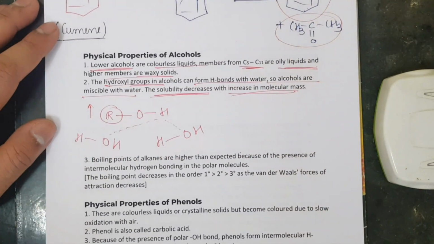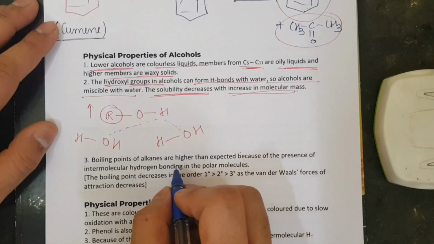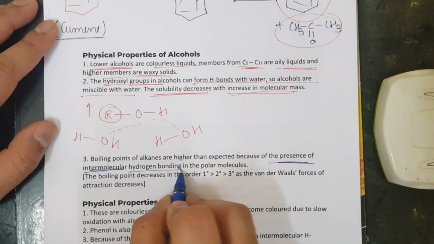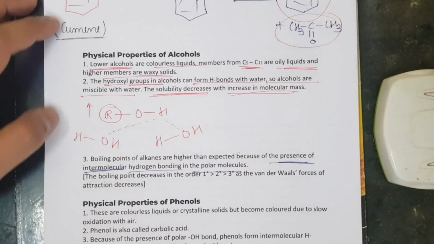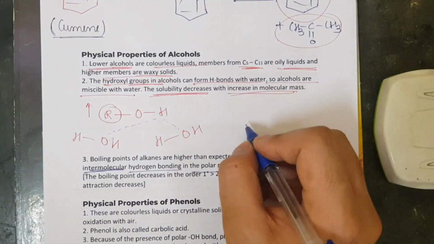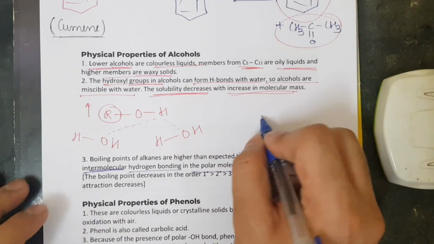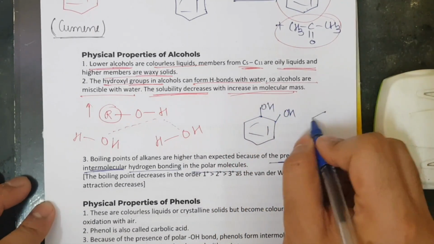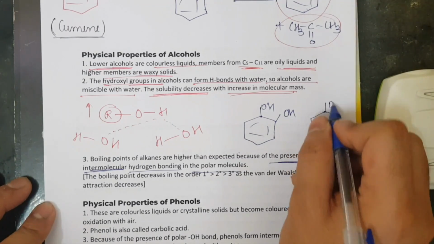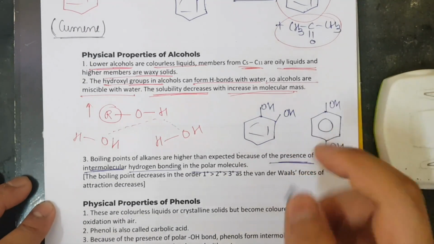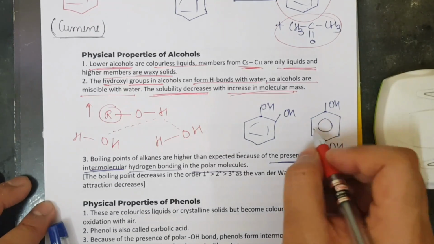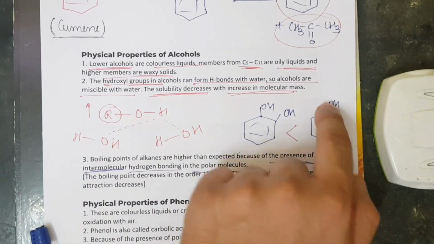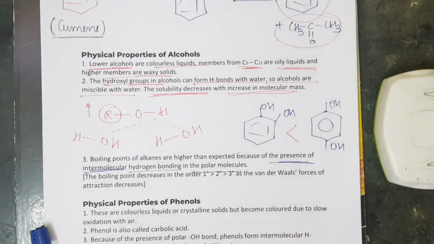The boiling points of alcohols are higher than expected because of the presence of intermolecular hydrogen bonding in the polar molecules. For example, if I would have taken these two compounds, OH and OH, one is present at the ortho position, one is present at the para position. So the para one will have the higher boiling point because intermolecular hydrogen bonding is present, while here intramolecular is present. Okay,